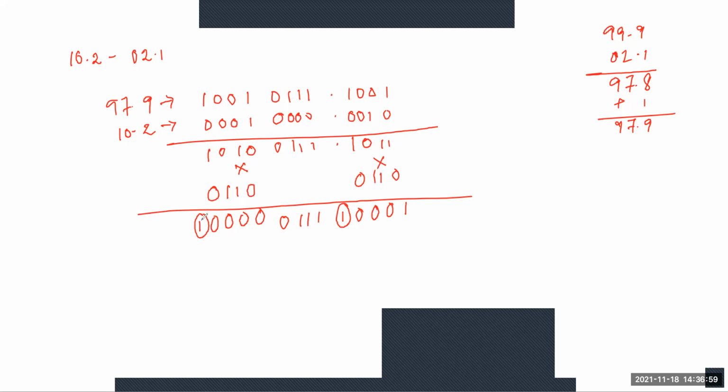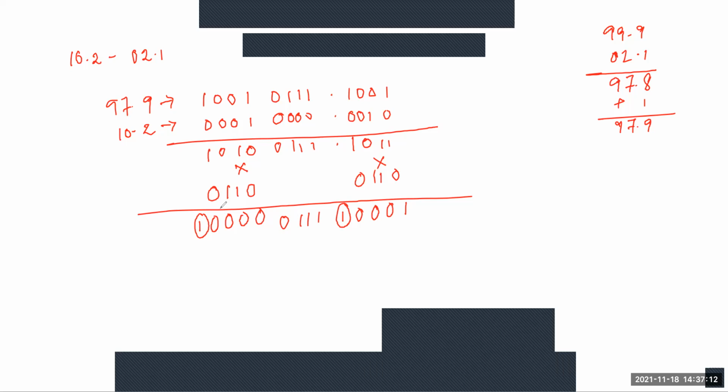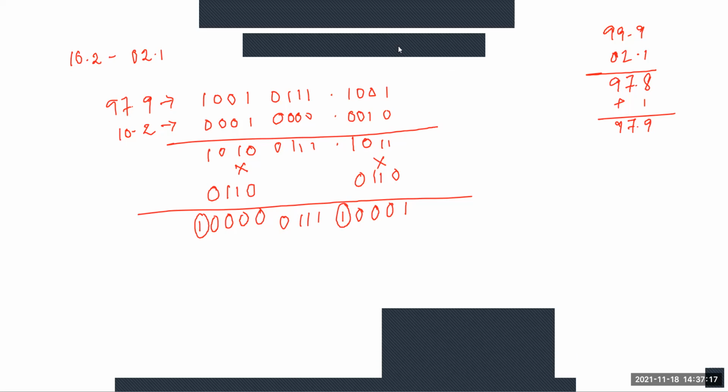Here you can see the end around carry is generated, but for the tens complement BCD subtraction, here this end around carry is